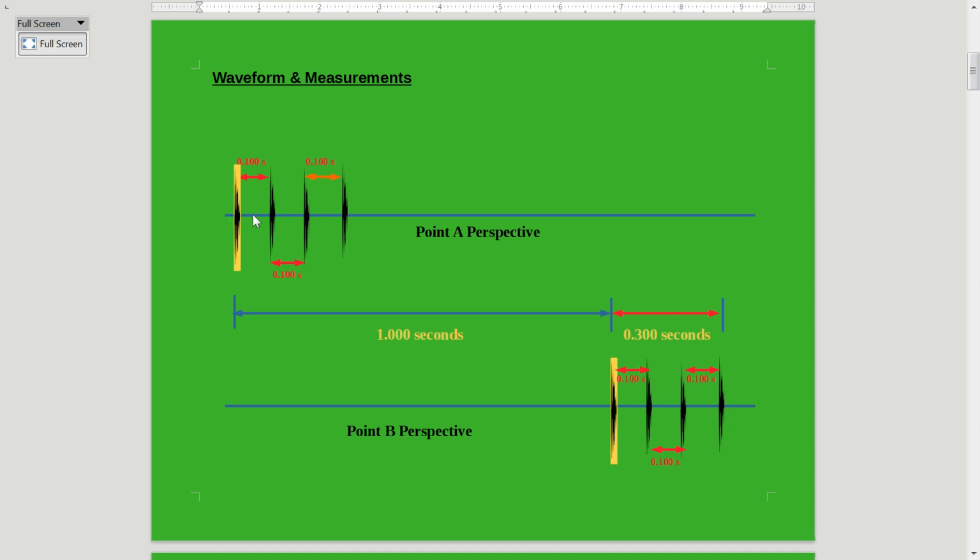So we got a nice little 3/10 of a second grouping here. And then if we look at what happens at point B in the recording, we'll see that it has to travel for 1,000 feet or 1 second, which is indicated right here, and then the first pulse gets recorded at 1 second